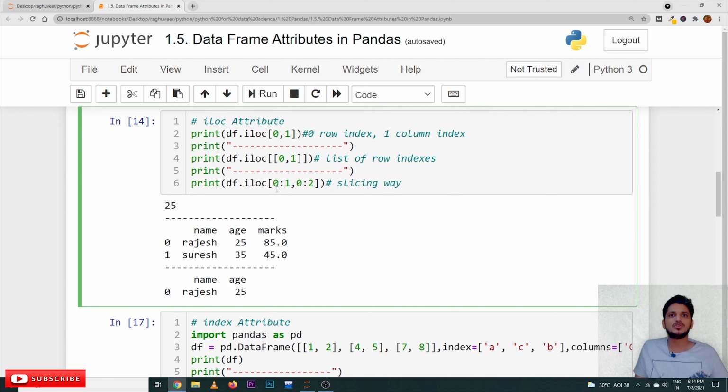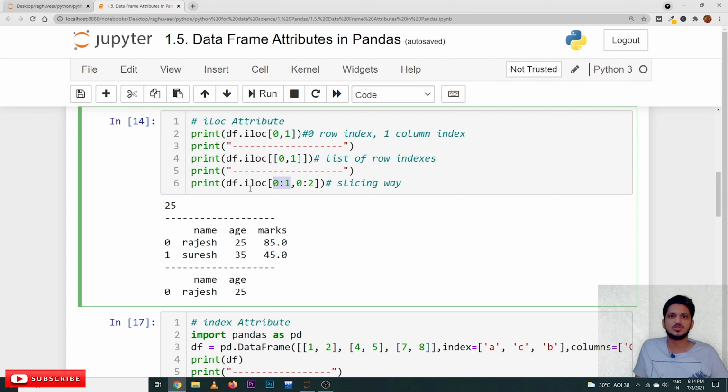Coming to the next one, 0 to 1. This is similar to string slicing. Here it will consider 0 to 1, and after the comma we have 0 to 2. What does that mean? This is columns, slicing the columns. The first part is for lines. In 0 to 1, the 1 is not considered. This is the point you have to understand. In loc, 1 is also considered. Here it works exactly as string slicing. Whatever basic concept we understand from Python, the slicing concept works exactly like that.